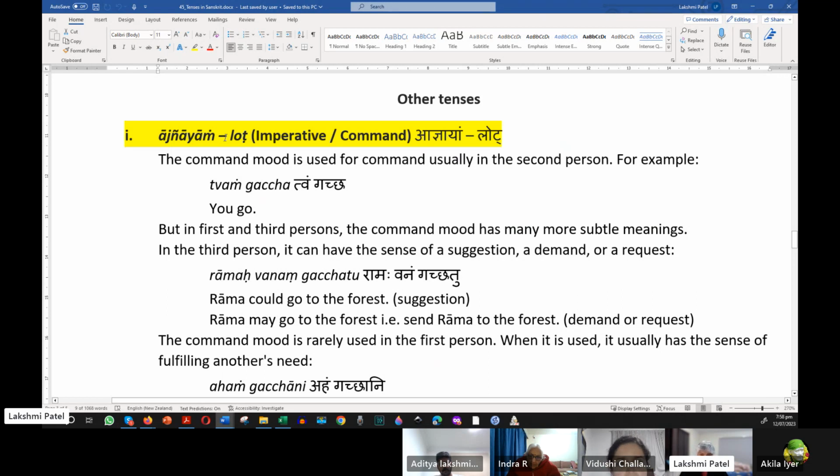So we finished 1 present, 3 past, 3 future. Now among the other tenses, there is one called lot. Lot. Agnyayam lot. Agnya means command, order. So agnyayam lot. Tvam gaccha. Ramah gacchatu. Sah gacchatu. Now, although we say Bhavan gacchatu,